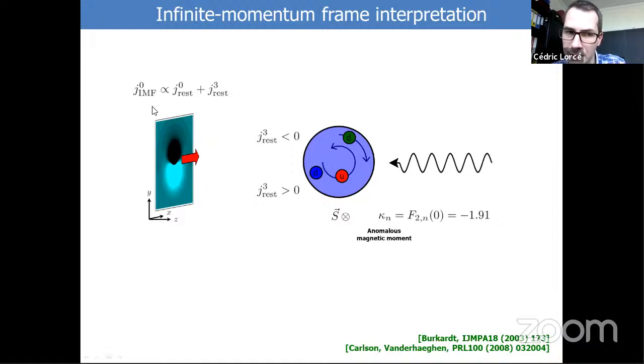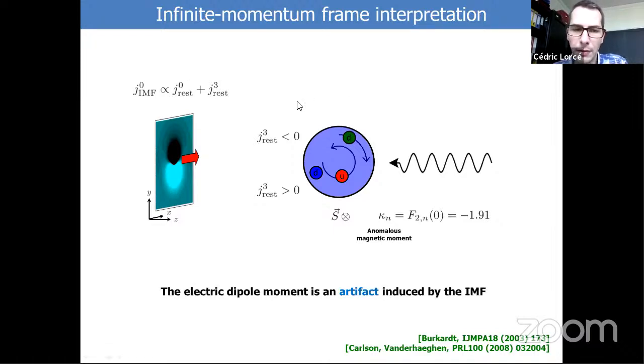So it's really a relativistic effect of how the charge density is transformed from one frame to another. And so there is nothing wrong with having electric dipole moments. Okay, I'm already running short of time. An electric dipole moment doesn't violate any fundamental symmetry of parity or time reversal. It's just an induced effect due to the fact that you're not looking at the density at rest, but the density in a moving frame.